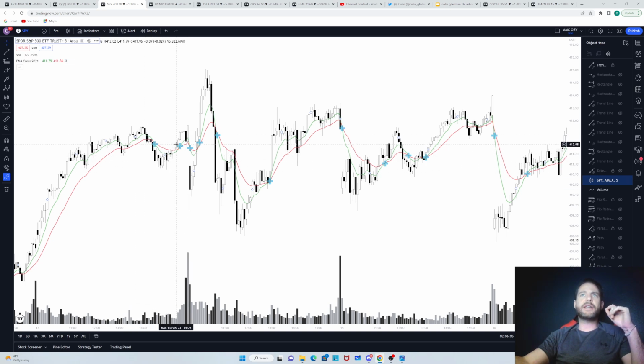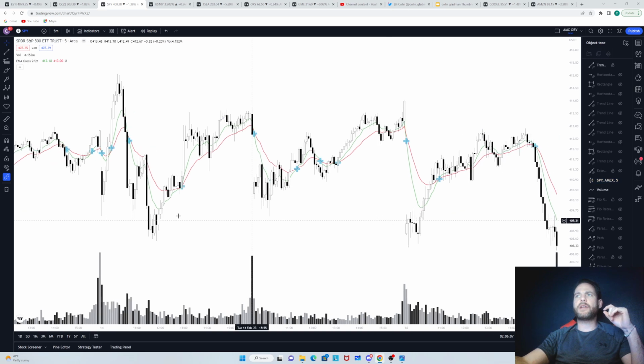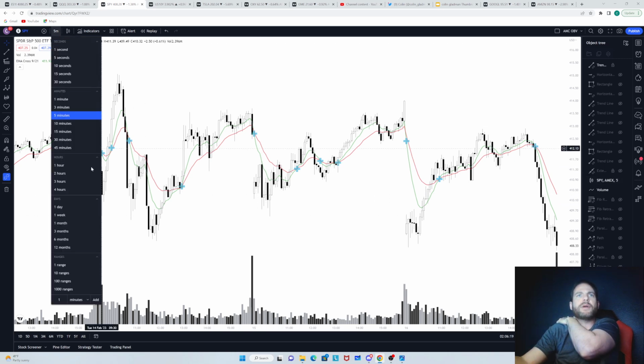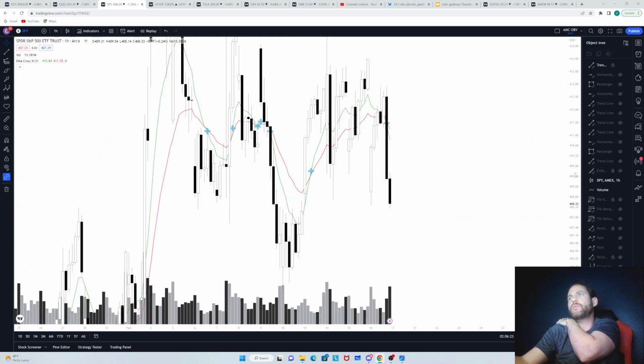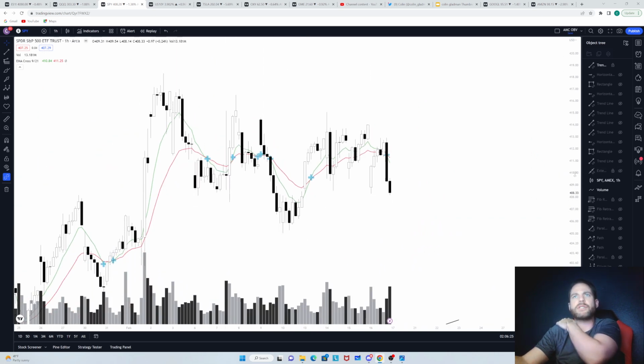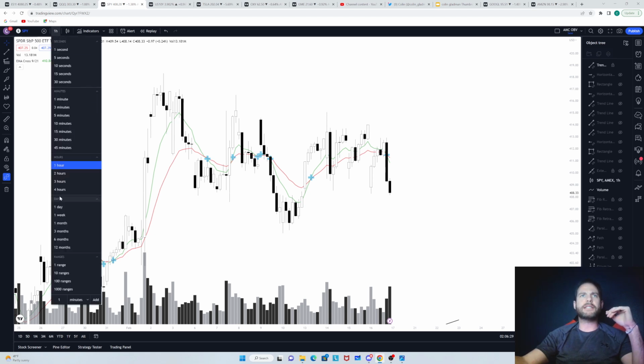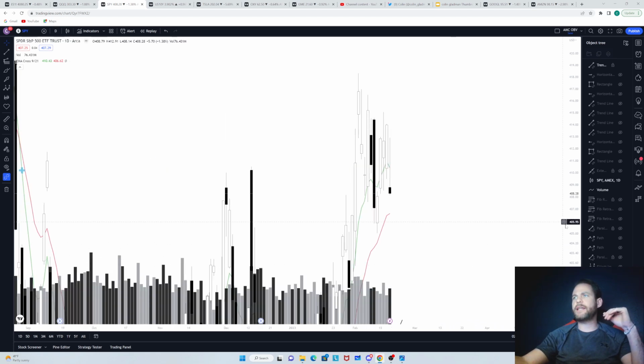Now, you can see here, when you're range bound, just look how many crosses you're going to get. So you don't just go, oh, the 9 crossed below the 21, I'm buying a ton of puts at this point in time. You got to wait and see what my overall picture is telling me. So that's why I do like to use these more on the macro time frame. Like I said, I will definitely use them on the micro, but anytime you get those daily cross ups,